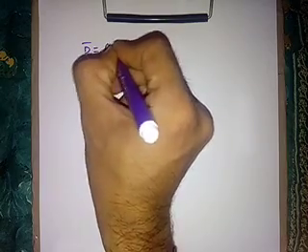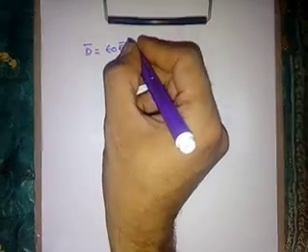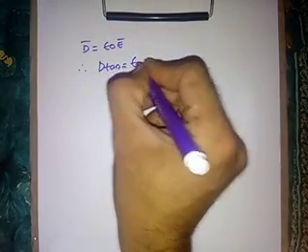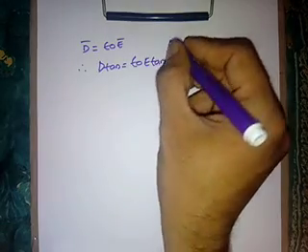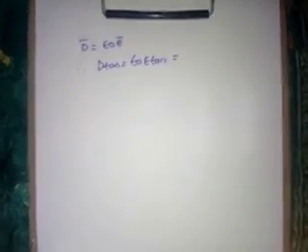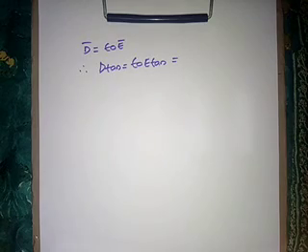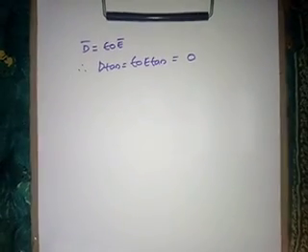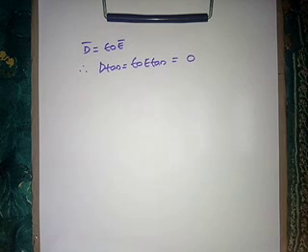Fine. Then we have D bar equal to epsilon naught into E bar for free space. Therefore D tan is equal to epsilon naught into E tan. E tan is 0, so D tan will also be equal to 0. This indicates that the tangential component of electric flux density is 0 at the boundary between conductor and free space. So it also means that electric flux density D bar is only in the normal direction at the boundary between conductor and free space.